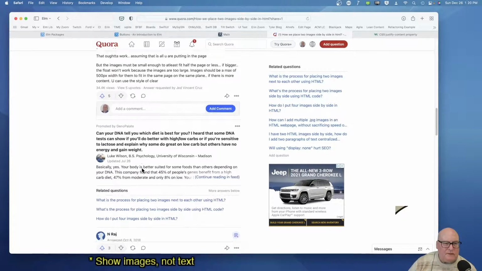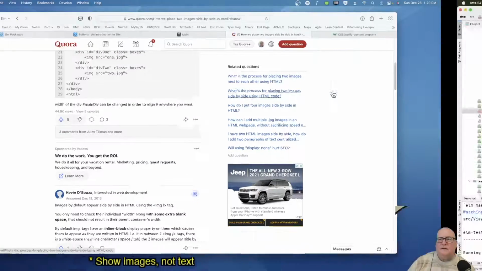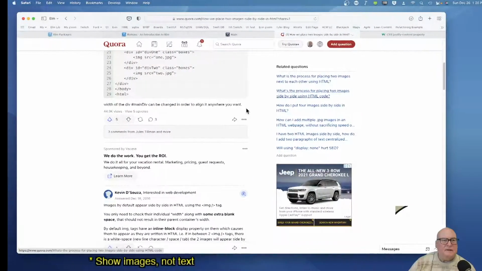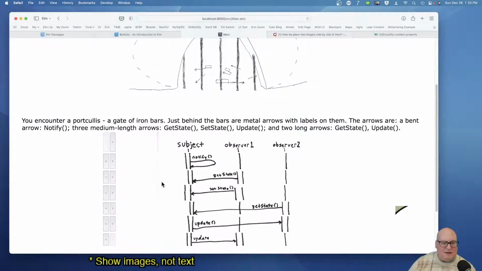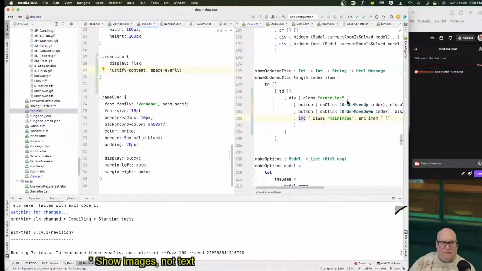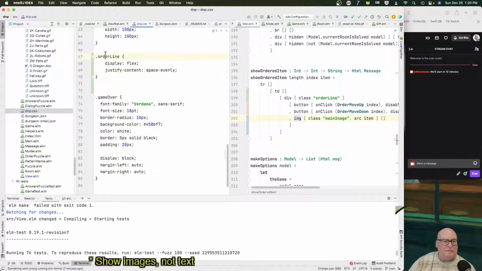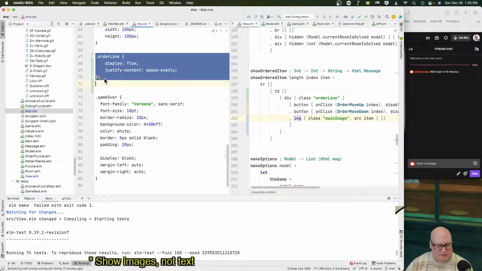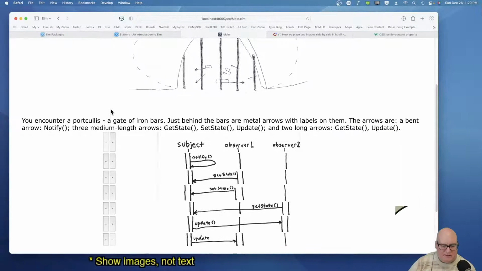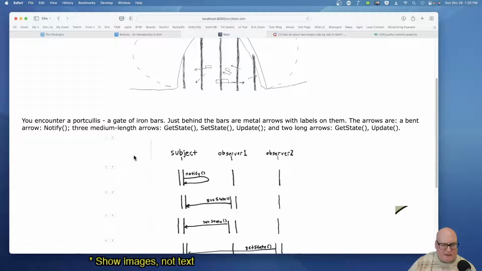I don't want to float left and right. Ugh. Just want something that's moderately acceptable. Let's take this out and see what happens. Okay, I mean, I